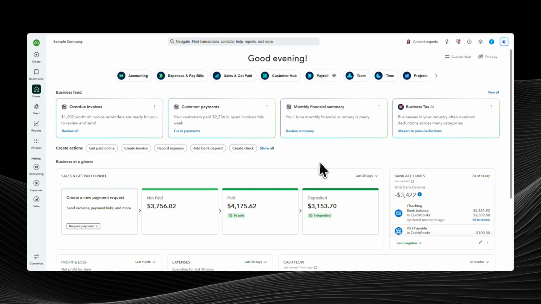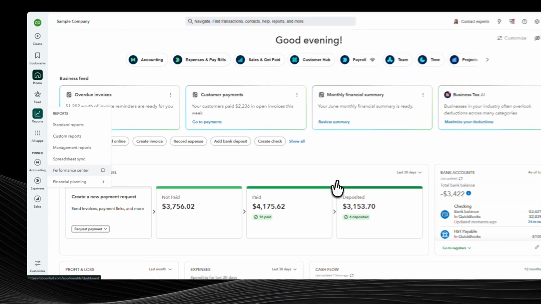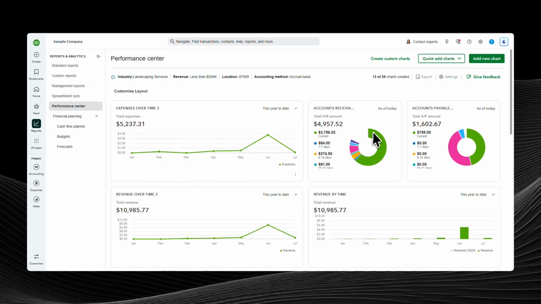This makes it much easier to spot trends, compare results over time, and keep an eye on the metrics that matter most to your business. To get started, open QuickBooks Online Advanced, go to Reports, and then select Performance Center. Once you're there, you'll see that the dashboard already includes some pre-built widgets. These are useful for getting a quick snapshot right away, but the real value comes from customizing the dashboard to